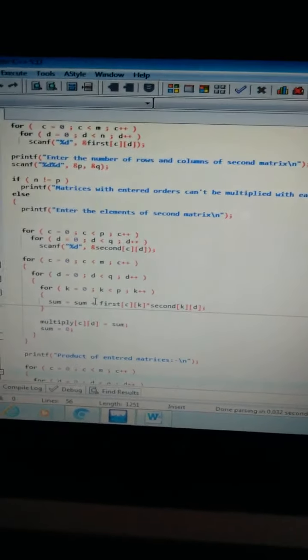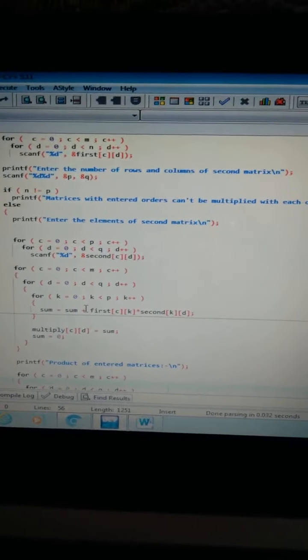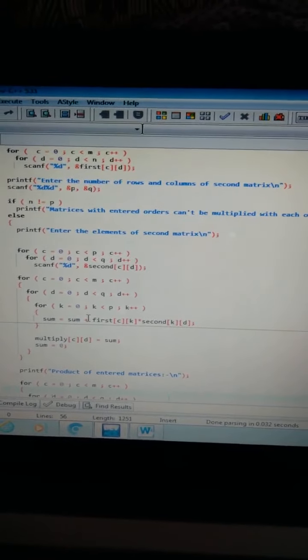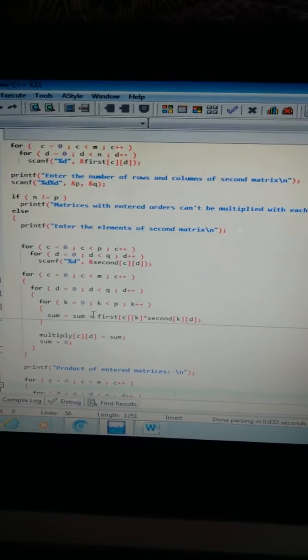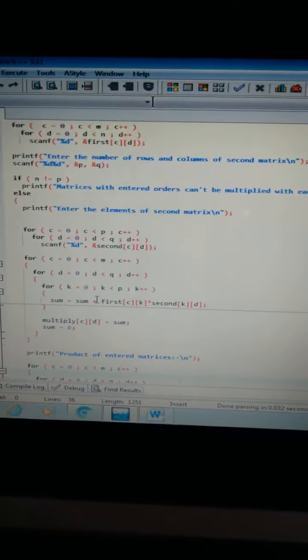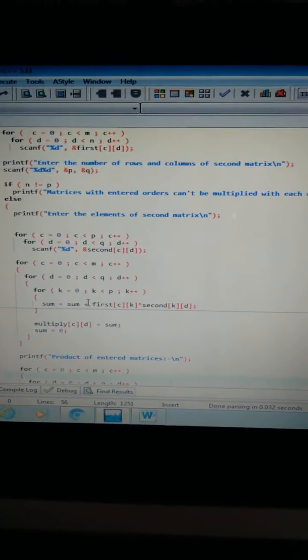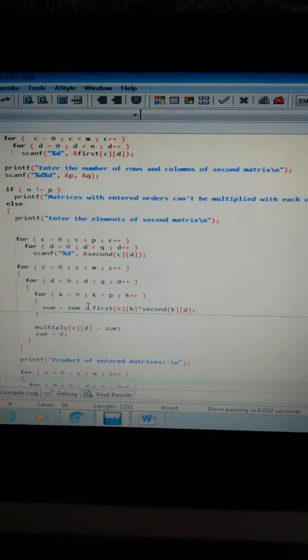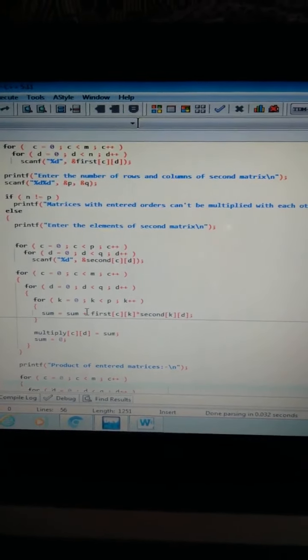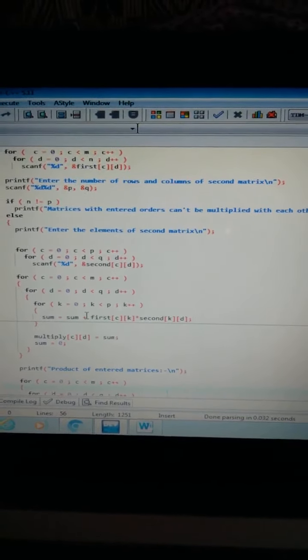So for that purpose, we have to take the highest value to k. In the case of a 3 cross 3 first matrix and a 3 cross 2 second matrix, the k value is 3.